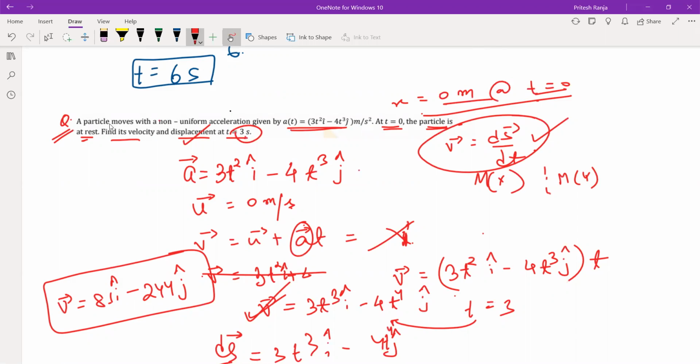We must have focused here. We didn't see non-uniform. We just assumed it is uniform acceleration. So if it is mentioned that a is non-uniform, then definitely we cannot use the equations of motion. We have to use dv by dt equal to this thing and integrate and find v, correct? I think that's what you mean to say. Yes, sir, exactly. We have to focus on whether the acceleration given is uniform or non-uniform. So the steps we did were with respect to uniform acceleration. Okay, all right, everyone. See you in the next class.